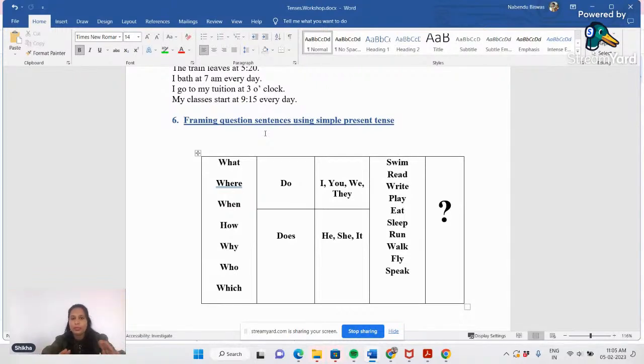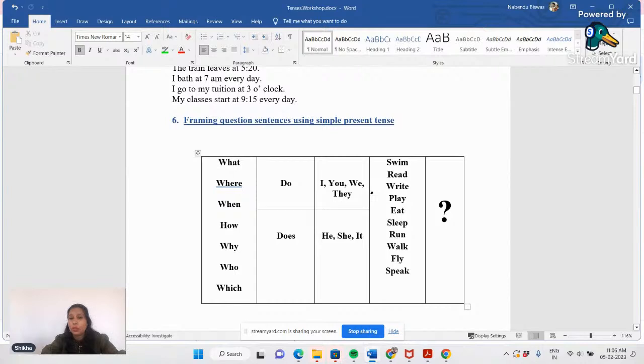Yes, we consider "you" when we talk to a singular person or maybe a group of persons, so we will use "do" with it. Okay, "I" is singular, but for "I" we always take the plural form of the verb. So that's why for all these subjects we will use "do". Do I swim? Do you read? Do we write? Okay, so when your questions are like this, that means you are expecting an answer, or you are expecting a one-word answer or maybe a one-sentence answer.